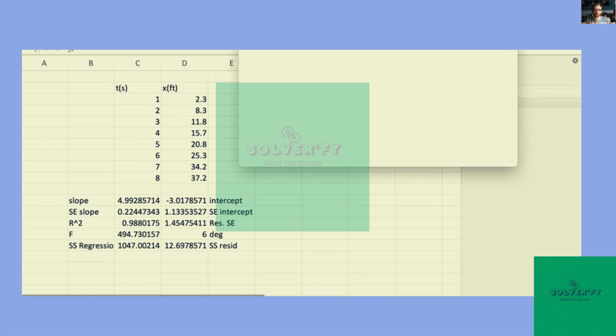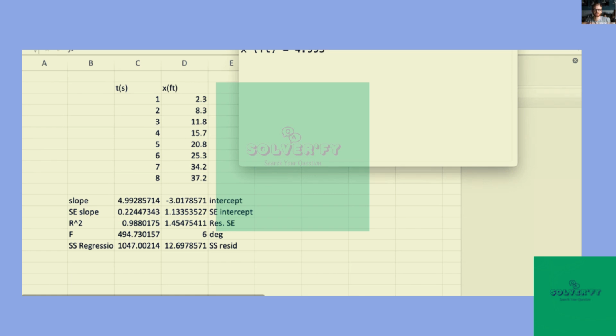So that means x, let me make this text larger, in feet is equal to, and then we give it the equation of our line, which is 4.992, well, let's say 4.993,